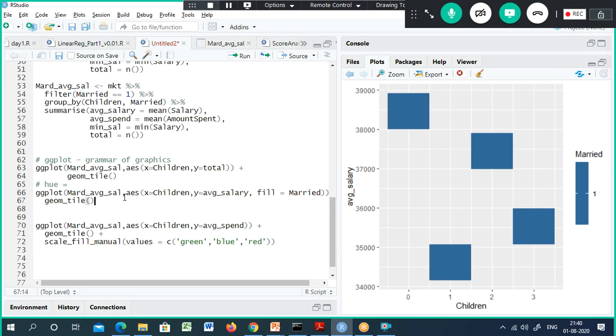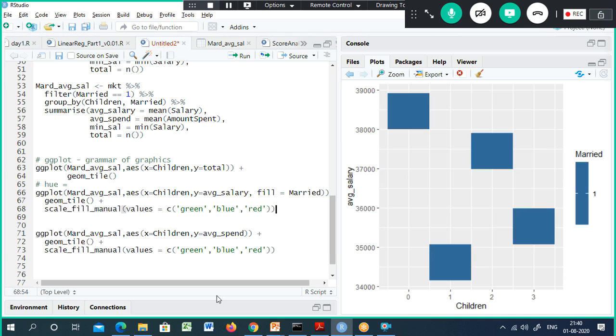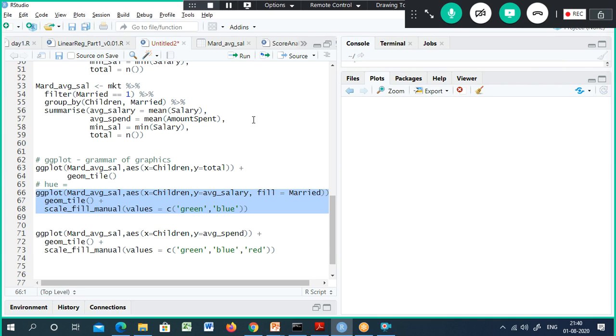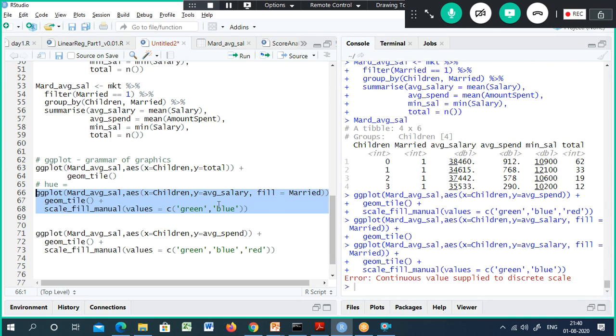I don't know why. Discrete scale. Okay, I have some notes in another file. With that help, I can show you.